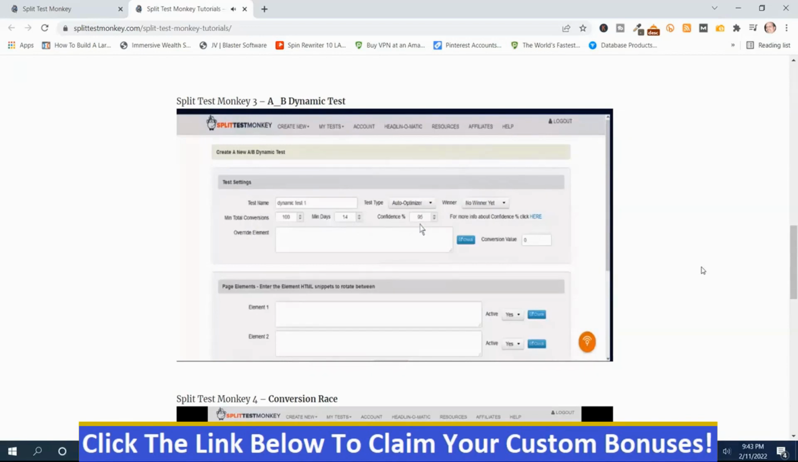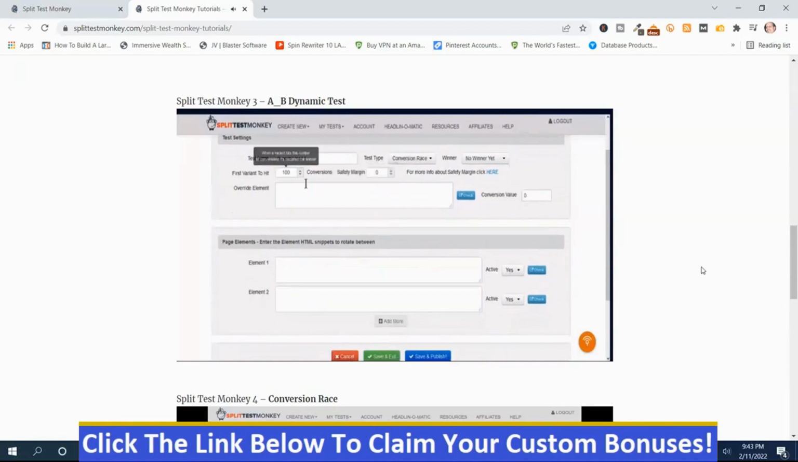Typically, you should want this at 95% or above. Let's take a quick look at the conversion race. As I said, this one picks the winner based on the first variant to reach your conversions. So you set the first variant to hit 100, and out of all these elements, it will pick whichever one